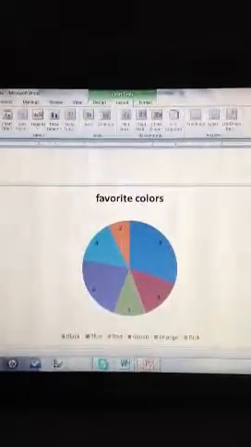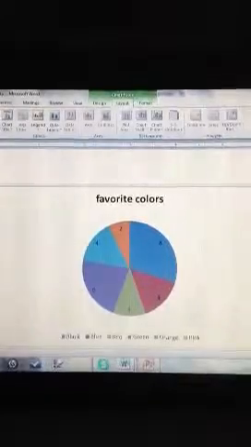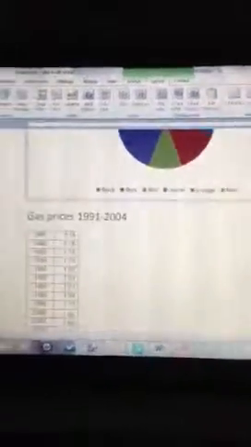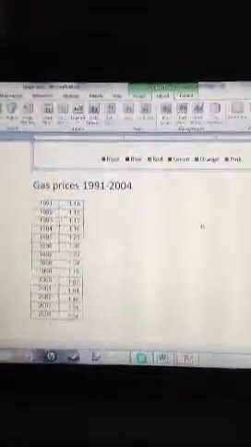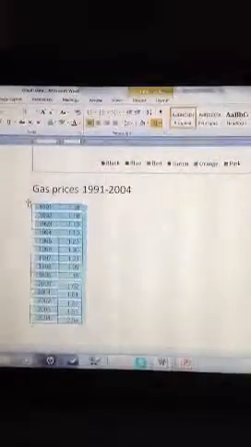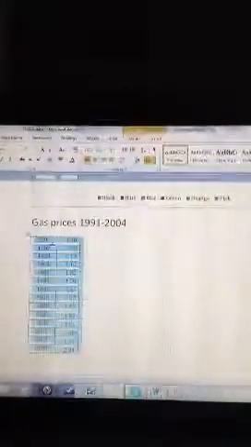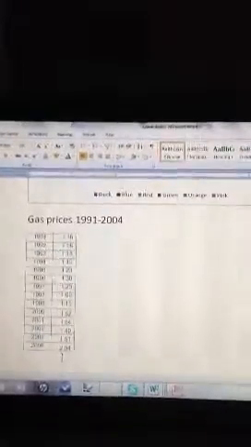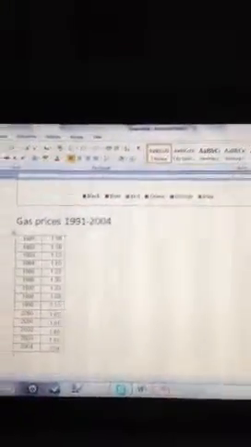So there's our circle graph or pie graph. Label of the title has a legend and it's down there. So now we're going to do our last one. So we click on there, we Control C to copy the data, and then Insert,